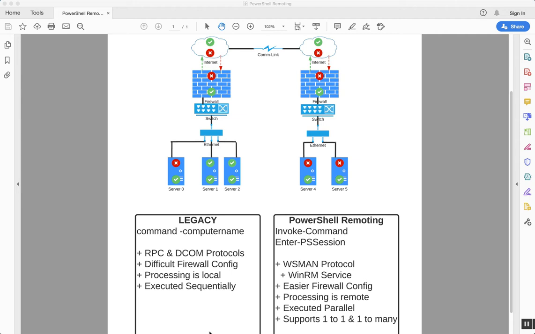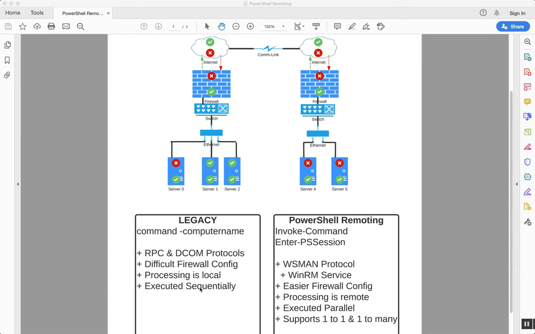The legacy way, you've actually used it so far in our class. There've been some commandlets that you've executed that have had the computer name parameter, which has allowed you to, for example, pull the services off a remote system. It is possible with one of those commandlets to specify multiple computers. So I could pull the services off of 5 machines in my environment if I wanted to. If I did that, those commands would execute sequentially. So, you'd first pull the services off machine 1, wait a while, then machine 2, then 3, then 4, and